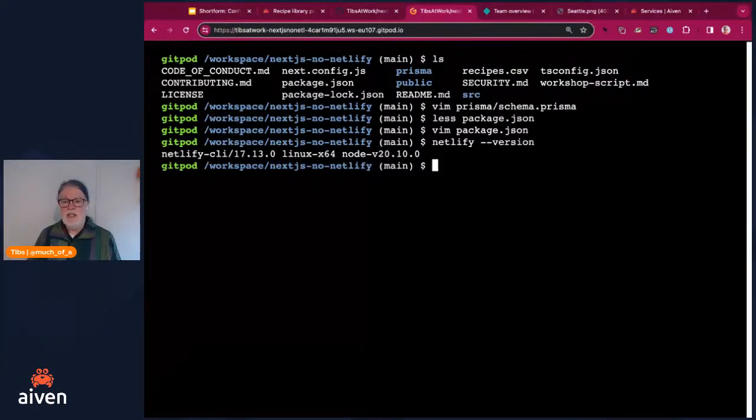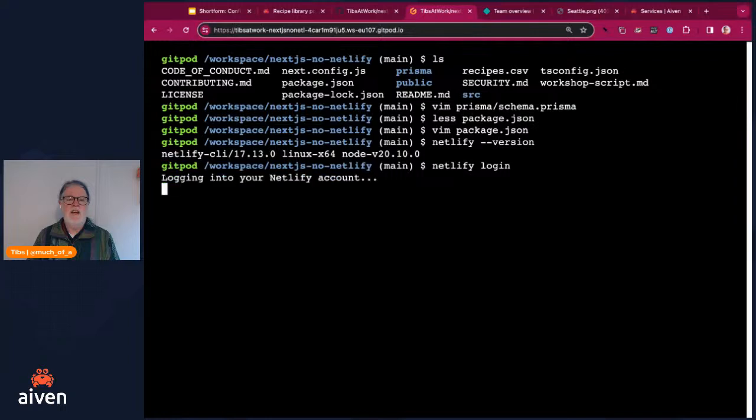If you haven't got it set up, you can go to the forum page that was mentioned earlier, and that has instructions on how to set it up with npm. So let's do a Netlify login. This tells Netlify who I am. And in a moment,